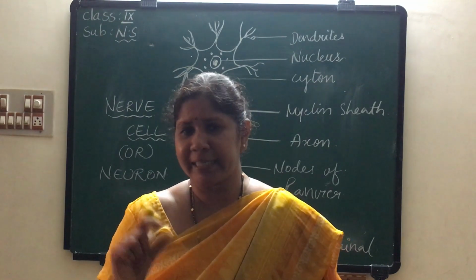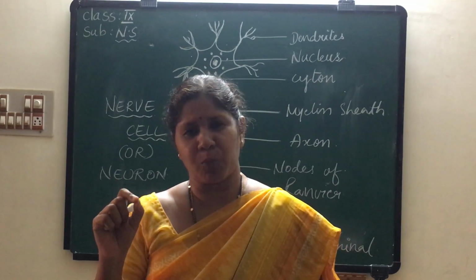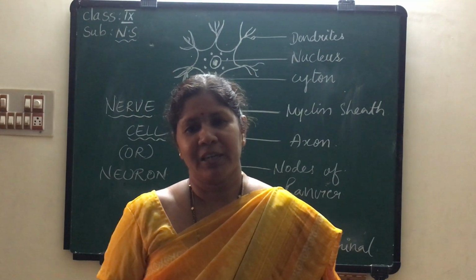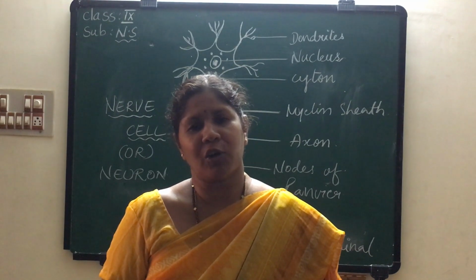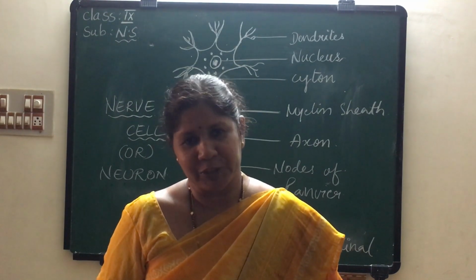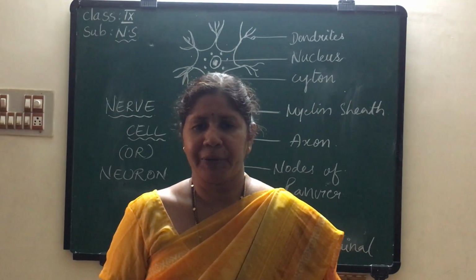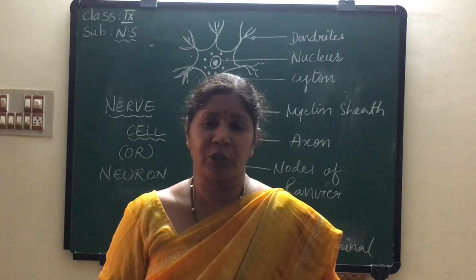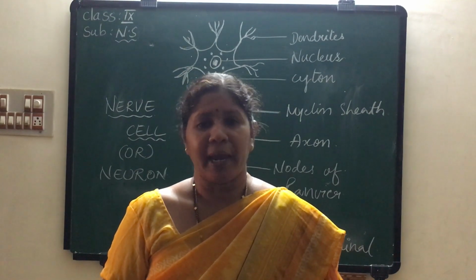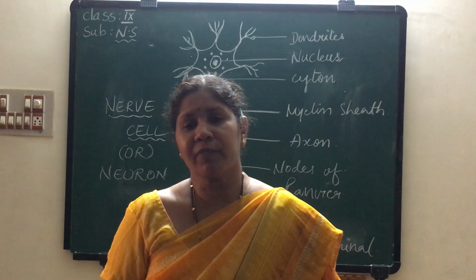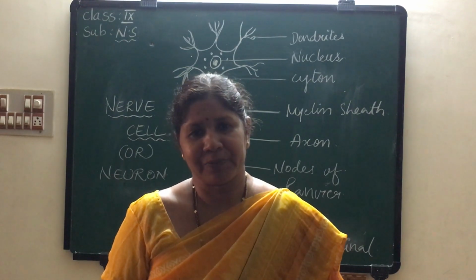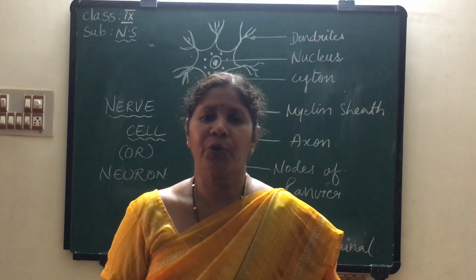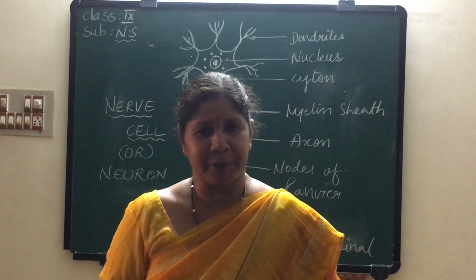And the D serum shows you whether it is positive or negative. If it is coagulated, then it is positive. If it is not coagulated, it is negative. So O negative, A positive, B positive, AB positive. If it doesn't coagulate, then it is A negative, B negative, AB negative. So this is how you can find your blood group.